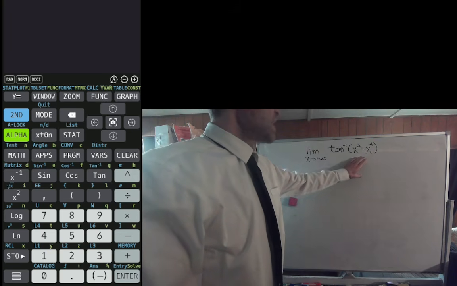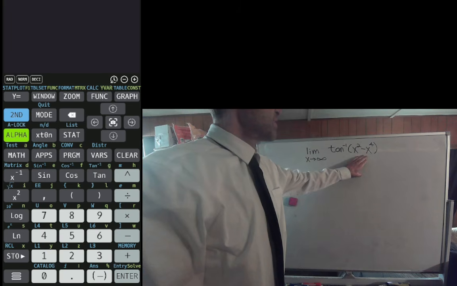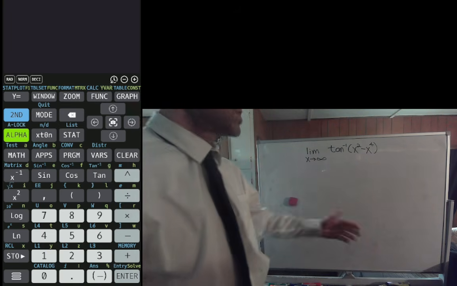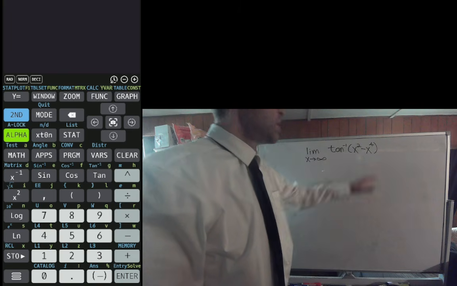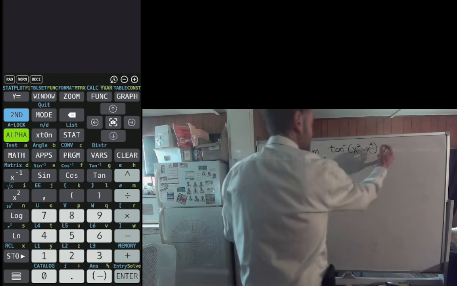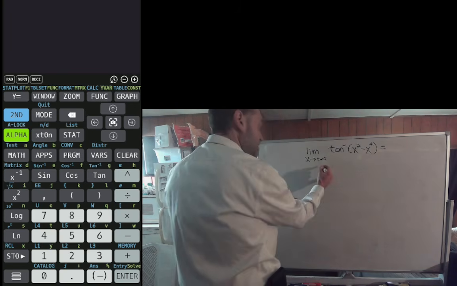If we look at that x squared minus x to the fourth part, we notice that, of course, x to the fourth is going to increase much faster than x squared. So this would really be the inverse tangent of negative infinity,